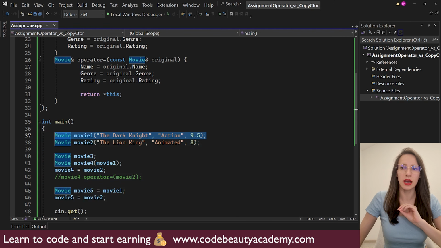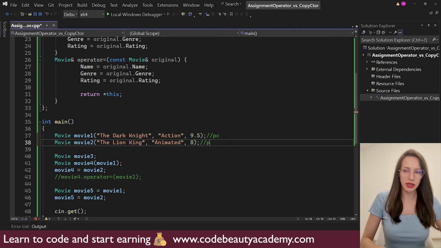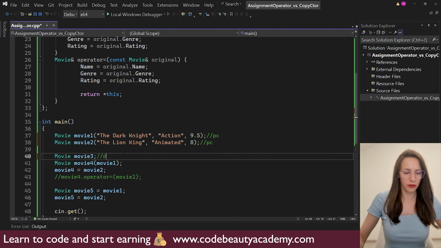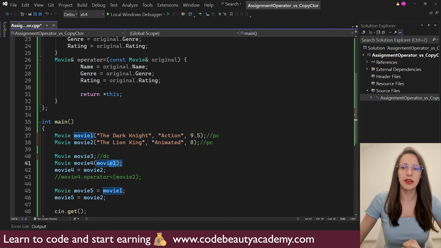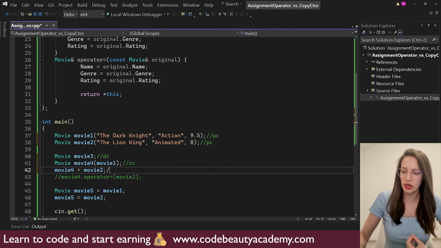We said that this line here is invoking parameterized constructor. So here I will put PC, and then this line here the same. So again, PC. And then this line here, we are not passing any parameters. We are just creating a new object. So this line will invoke default constructor, so DC. And then here we are creating a new movie based on an already existing movie. So this line is going to invoke copy constructor, so CC. And then here we are simply changing or replacing values of an already existing movie with the values from some other movie. So this line here is going to invoke assignment operator,